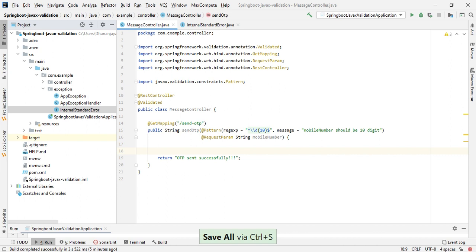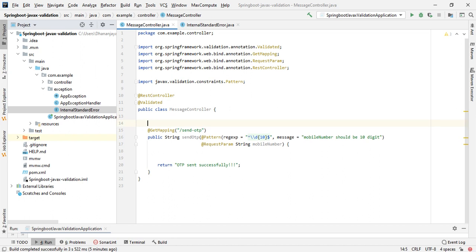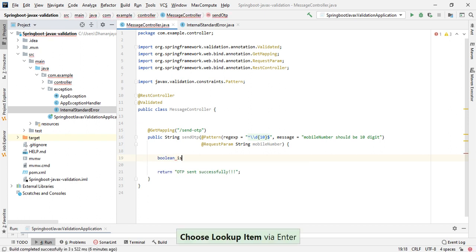I will add some business logic here. Let's say I will add some boolean value, isMobileExists is equal to false, and this false we are calling to a service class and we are getting the value from that service class.